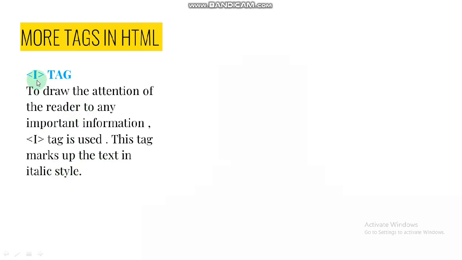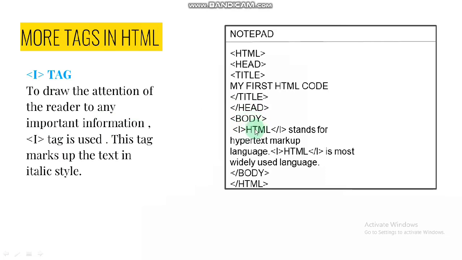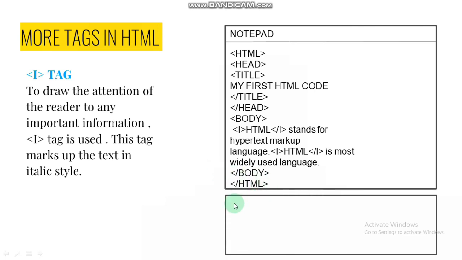Children, again, I tag is a container tag, which means both on and off will be there. So when you will write the text for which you want this text to be italic, we use opening I tag, which is on, and then after we have done with it, we close it. Children, if I do not close it here and I close it here, the whole line will be in the italic format. Okay, so suppose I want this much to be in the format of italics. So for that, I tag open and then I tag close. Why? Because it is a container tag. Similarly here also, I tag open, I tag close. Now let's see in the output window.